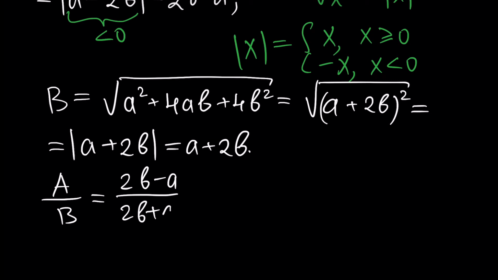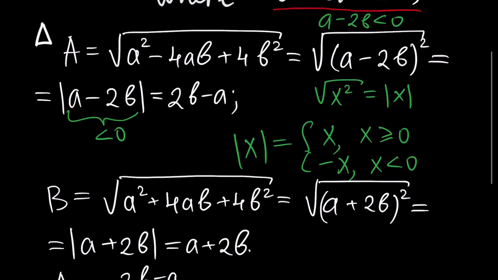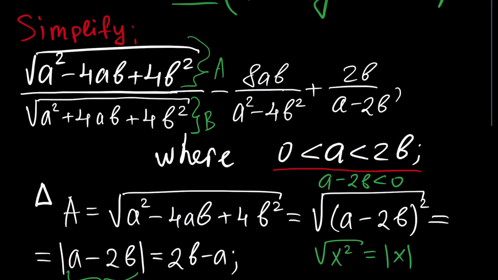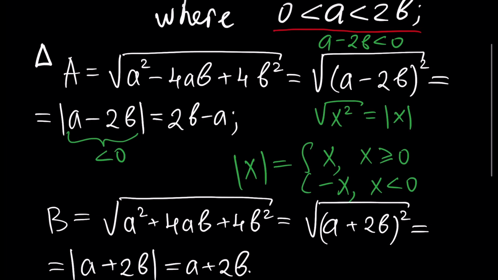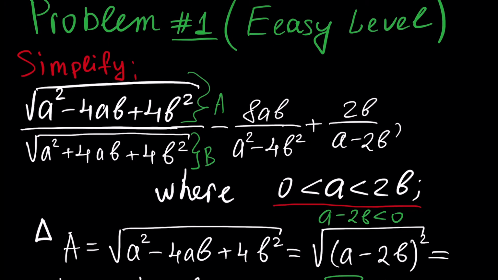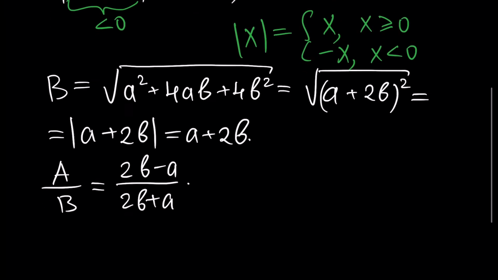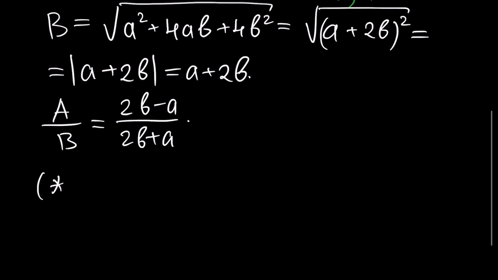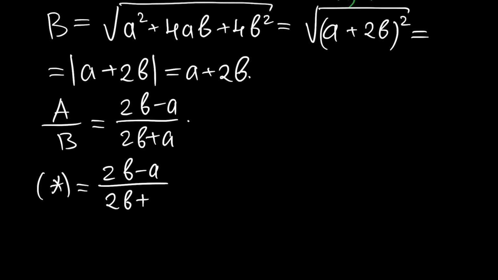And if we rewrite our initial problem, it will be equal to, let's write it as star, and our star is equal to 2b minus a over 2b plus a minus